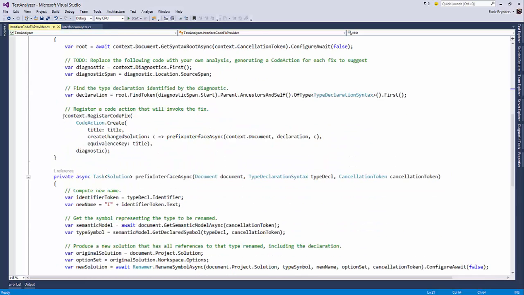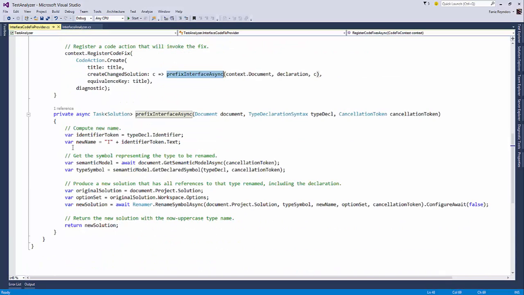One of them, in the context, it will register a code fix which will call my PrefixInterfaceAsync function. All that does is get the original name and prefix I towards it, and that is it. So to quickly show you guys how that works, we can basically build it.